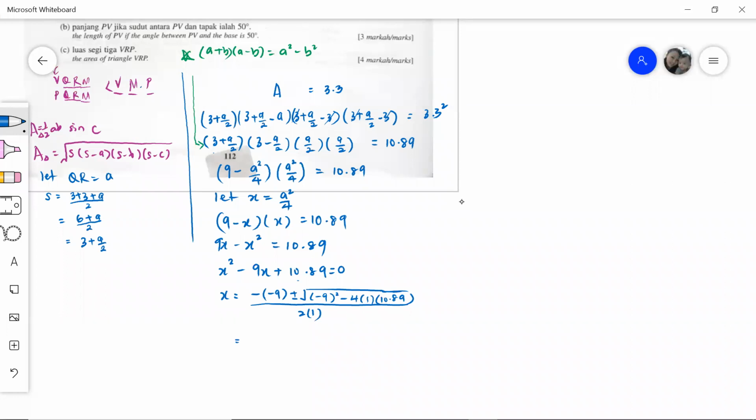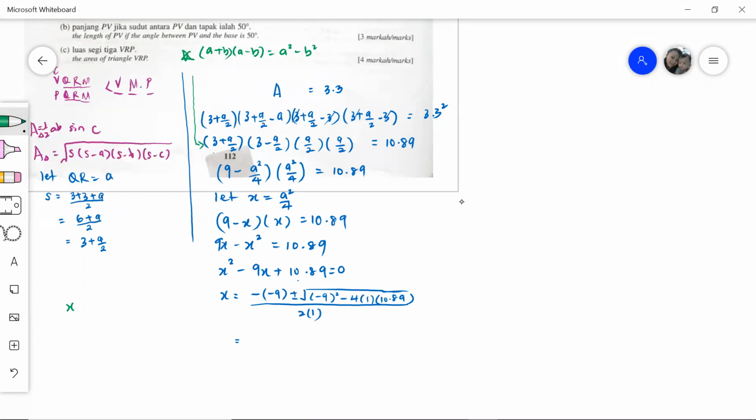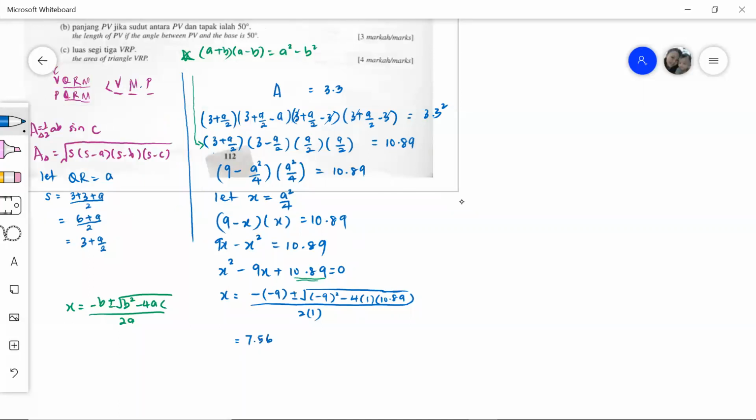Okay, what I am doing here is actually using the formula. For those who are not sure, I'm using this formula: x equals to minus b plus minus square root of b squared minus 4ac over 2a. When to use this? When we know it's impossible for me to find the factors for 10.89 using the two bracket way. So I use the formula right away. So use calculator and calculate. We will get the answer 7.56 or